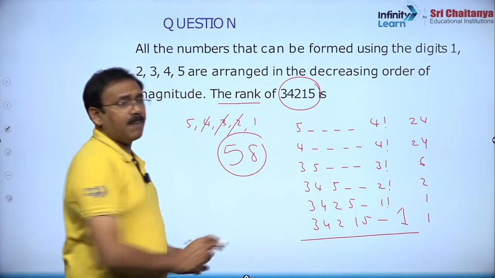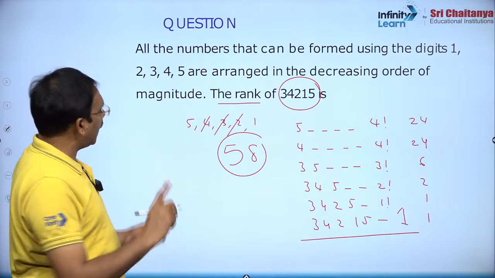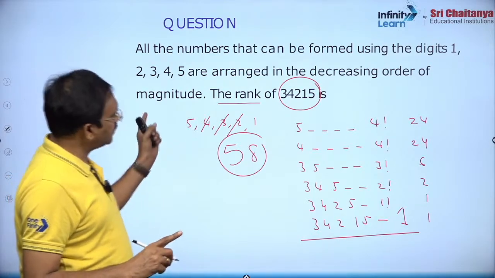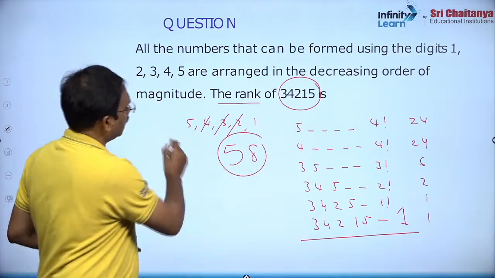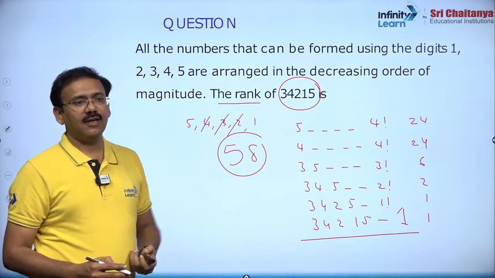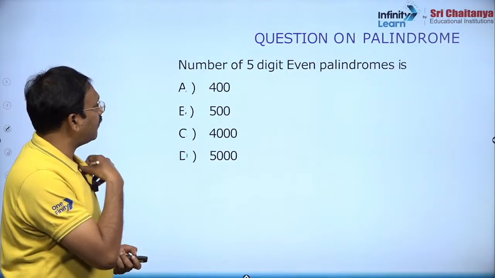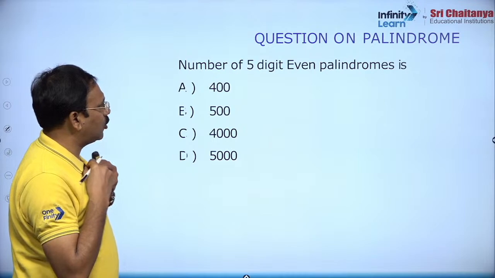ये प्रॉब्लम में देखिए कंफ्यूजन होने का कुछ भी जरूरत नहीं। अगर नंबर हमें इसका रैंक क्या है, डिसेंडिंग ऑर्डर में अरेंज करना है तो डिजिट्स को डिसेंडिंग ऑर्डर में लीजिए, ये नंबर का रैंक कितना होता है फाइंड आउट कर सकते हैं। ओके बच्चों, इसके बाद ये क्या है, नंबर ऑफ 5 डिजिट इवन पैलिंड्रोम्स चाहिए हमें।